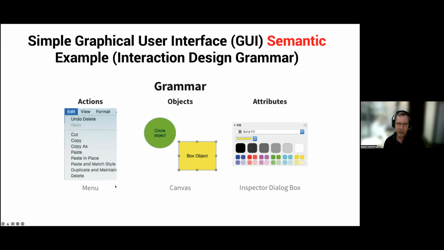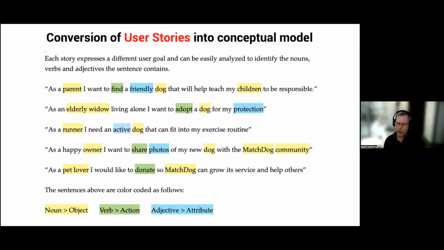A very simple one is, right, you see in graphical user interfaces, actions fall in menus of various places. You click on objects that you're manipulating, and objects have these attribute properties, right? And if you were to look at the user stories that are generated in almost any software methodology, but certainly in the Agile methodology, you can take the user story and you can forage for nouns and verbs.